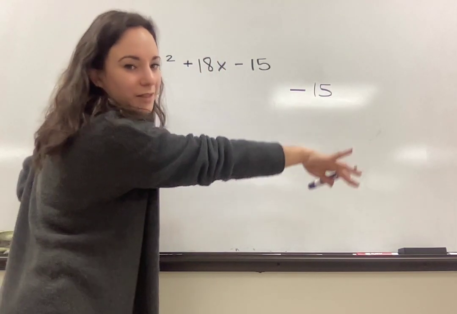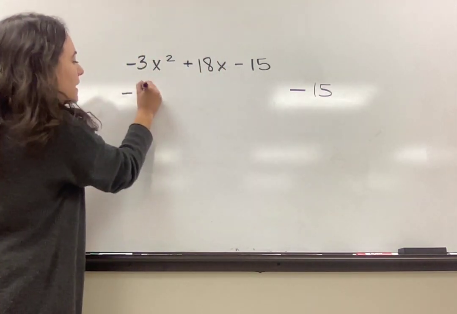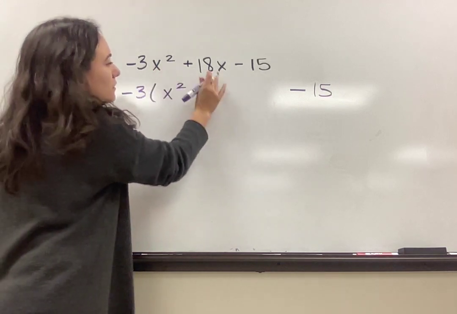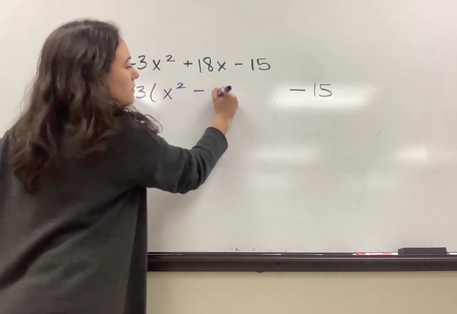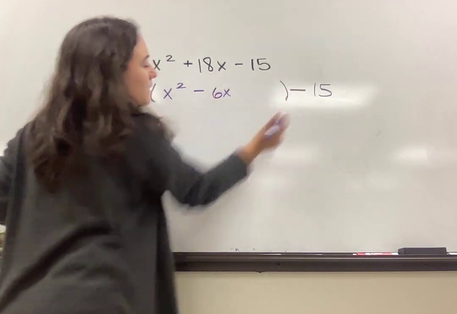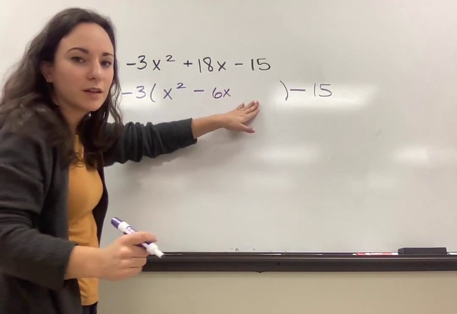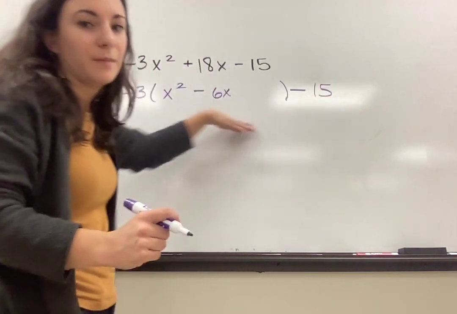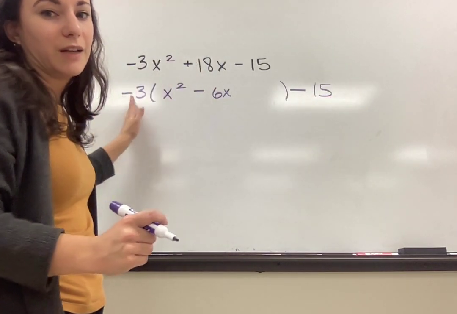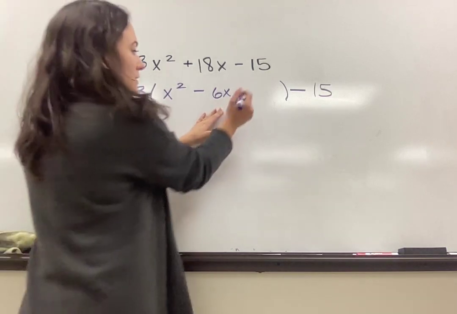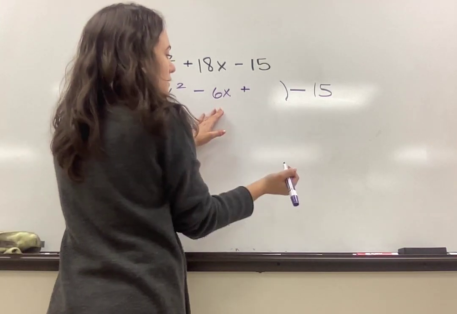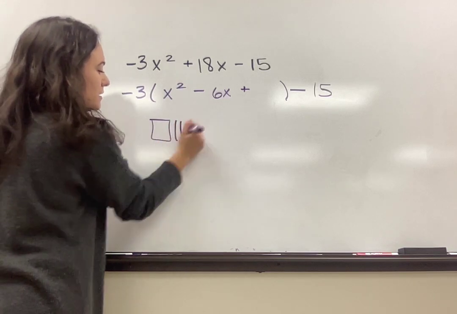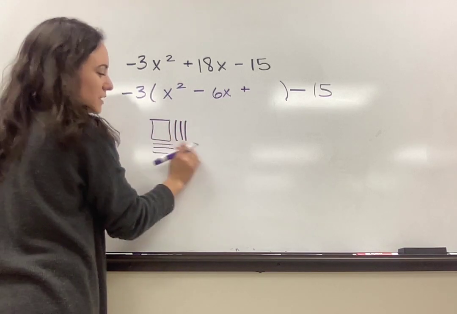We're going to deal with those later. Factor out your 3 from your x squared and your 18x and be left with that. And we're going to complete the square here and then put this stuff on the end. Okay, I factored out the negative 3. I've got x squared minus 6x. And then plus, now if I have an x squared and a 6x, it's 3 on each side,